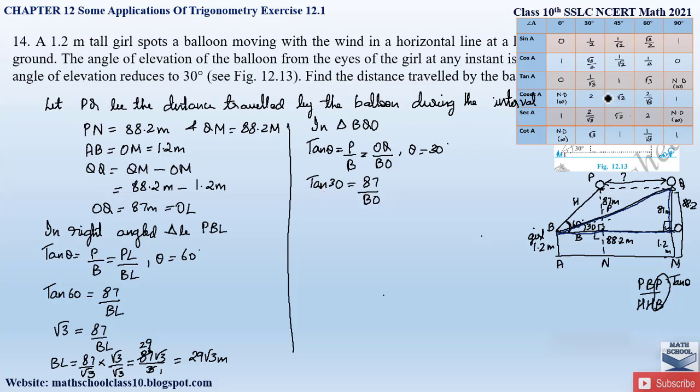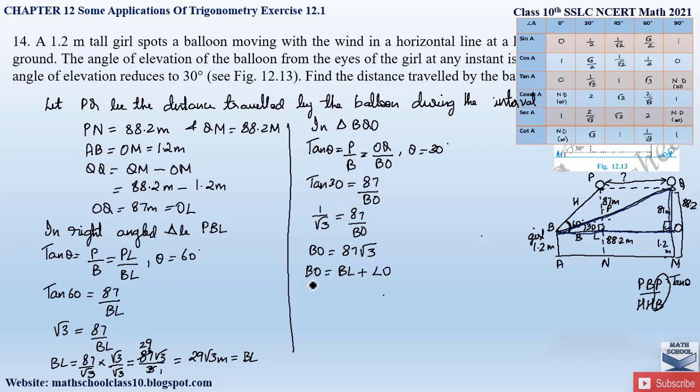So what is tan 30 from trigonometric table? Tan 30 is 1 by root 3. So substituting tan 30 value as 1 by root 3 equal to 87 divided by BO, or let us cross multiply. Okay, so BO is equal to 87 root 3. So here from this figure we know BO is equal to BL plus LO, right? So it is BL plus LO. Here BL value we have already found out to be 29 into root 3 meter. So we will substitute here,